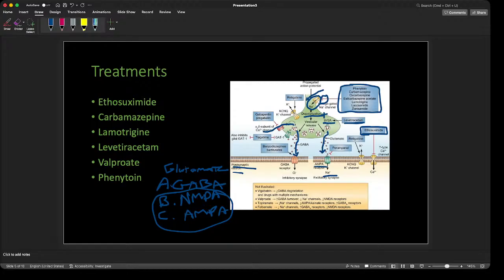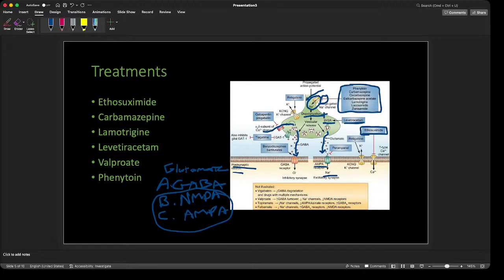So just understand that there is a limit on how much phenytoin, for example, can be used. And also some of the toxicities that line up with these things, like Stevens-Johnson